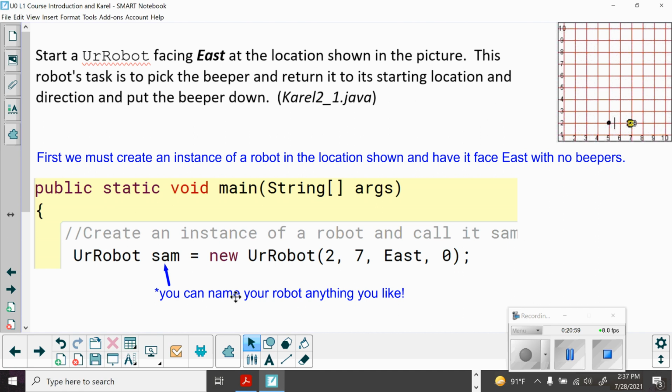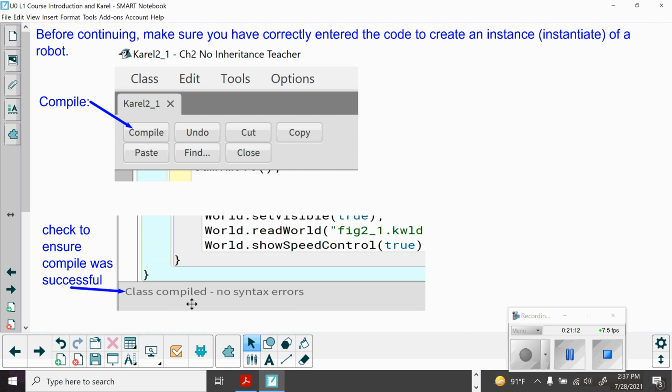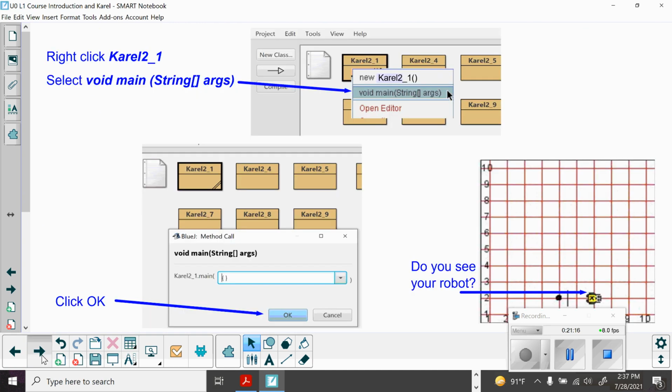White space does not matter other than in between here, okay? It doesn't matter if there's comma and white space. That's immaterial. But the rest of it has to be there. So do these things, make sure it compiles. Once it compiles, then you want to go back to this window and you want to right-click on your Karel